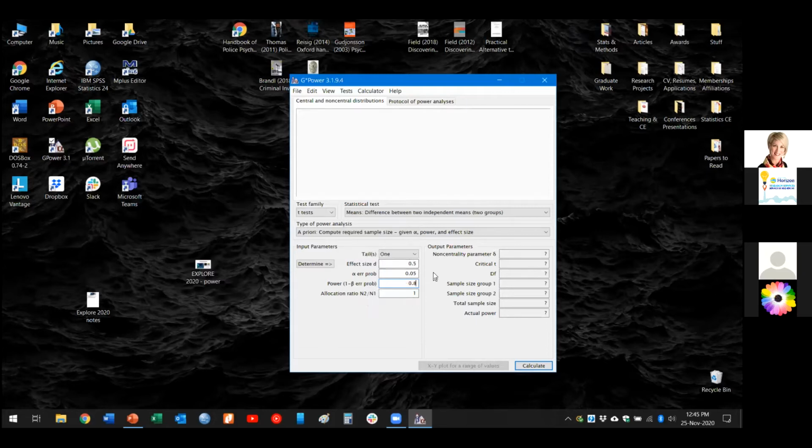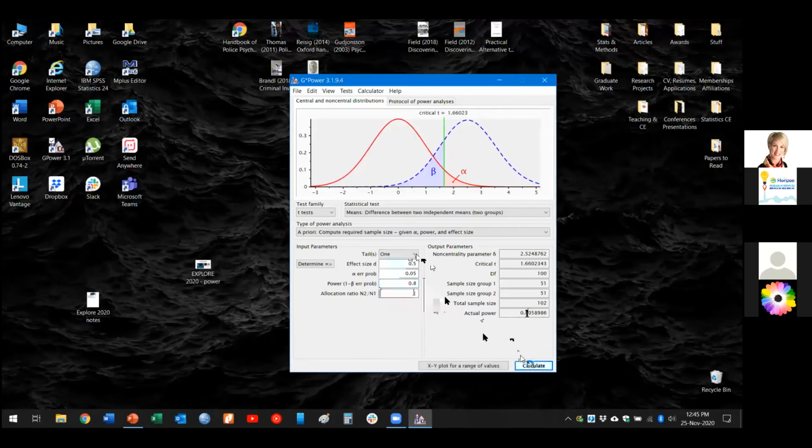So everything is more or less entered for me, with the exception of just changing the power level. And I calculate that, and I can see that I need a sample of 102 to be able to detect a medium effect size. That would result in two groups consisting of 51 participants each.